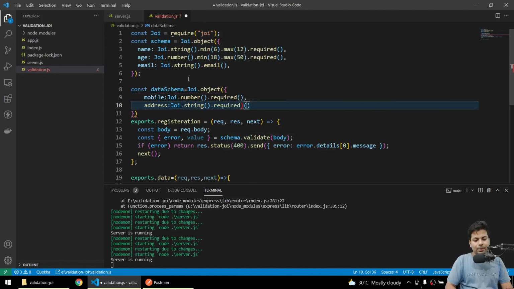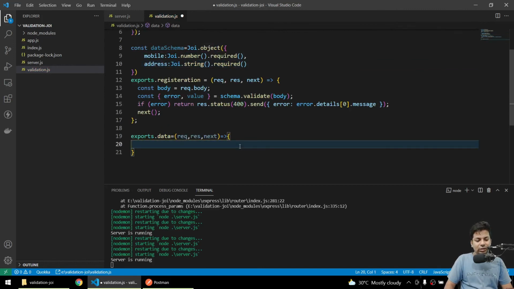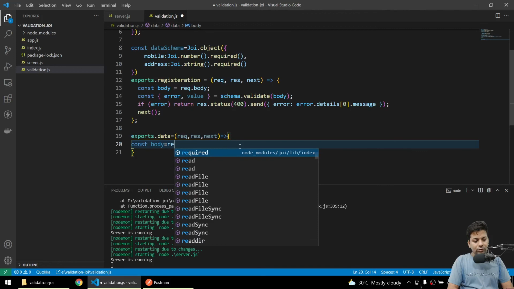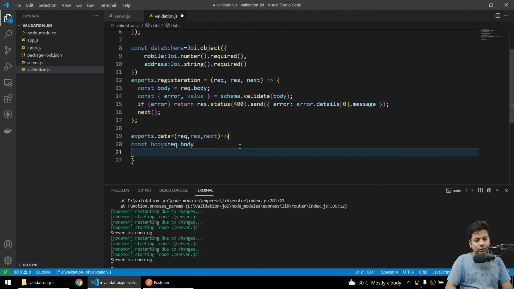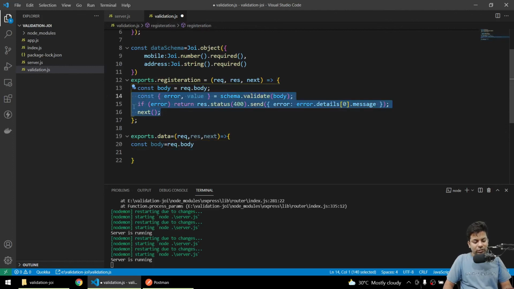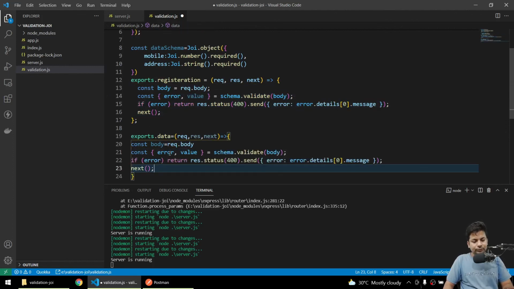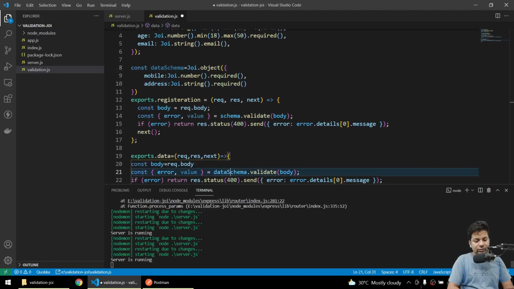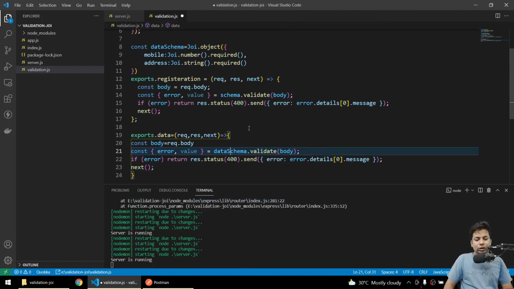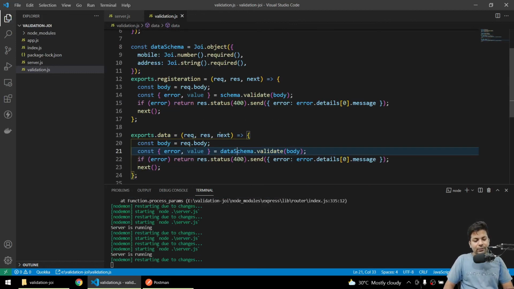Okay, so you define a schema. Now in this you'll just say constant body equals request dot body, then you just copy this same stuff because it's the same. Now instead of schema validation we'll say data schema. Now the same stuff, save it.